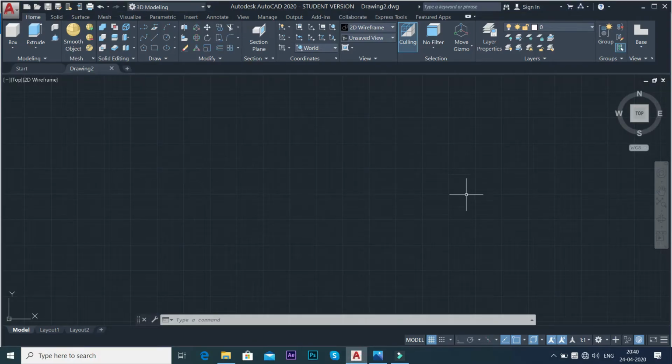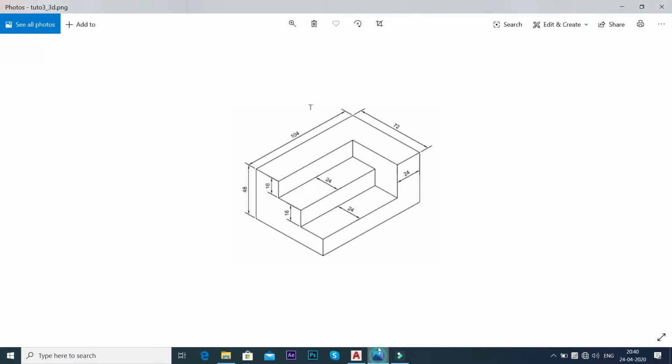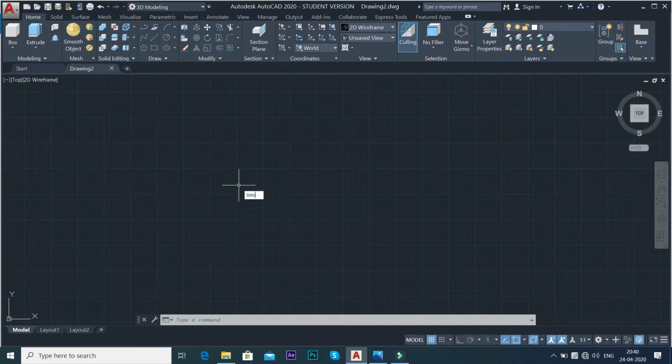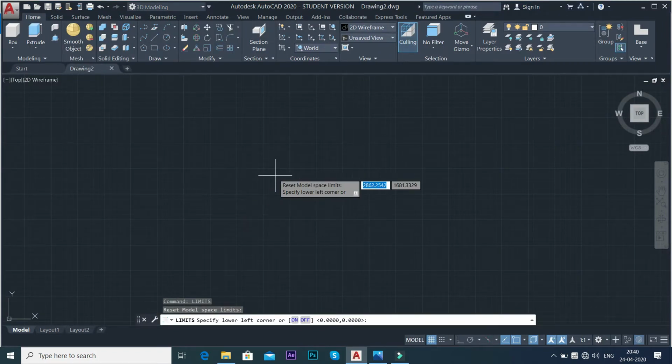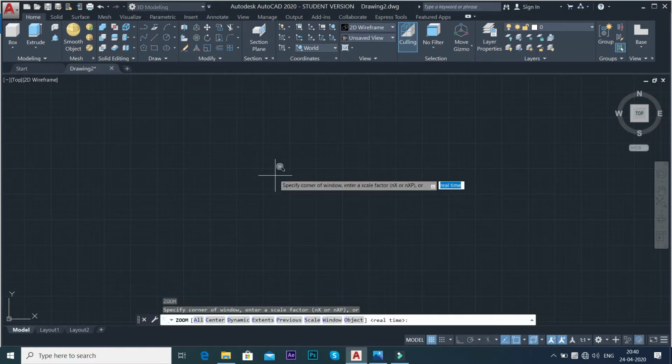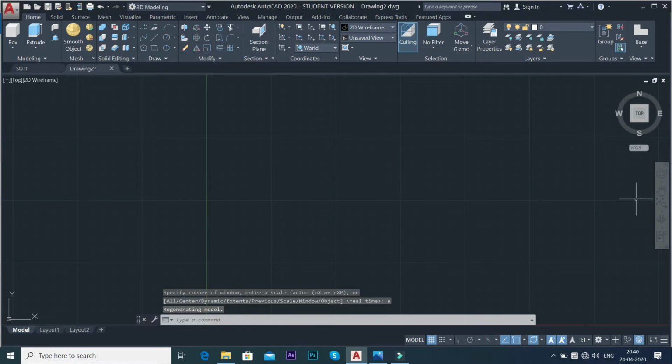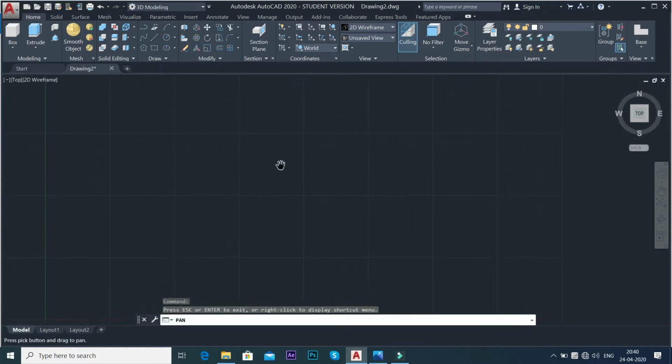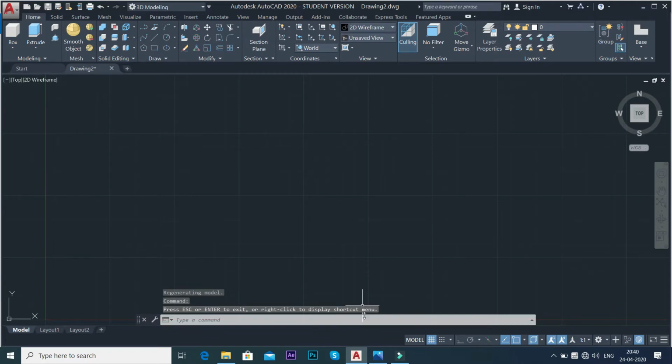Okay, so as we have opened the software here, the first thing that we will do is we will try to set the limits. So as you can see here, the dimensions are 104 and 72 and 48. So in this case I am setting my limits: this is the lower left corner, so the lower left corner will be set at 0,0, enter, and the upper right corner I am setting at 200,200. Okay, enter. Then I will zoom, Z enter, A enter. Okay, so I have rightly applied the limits here,